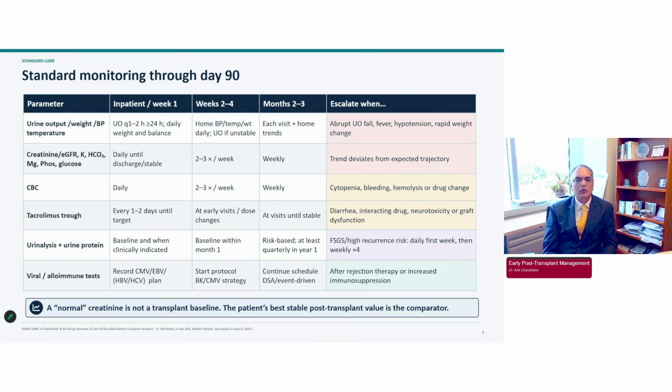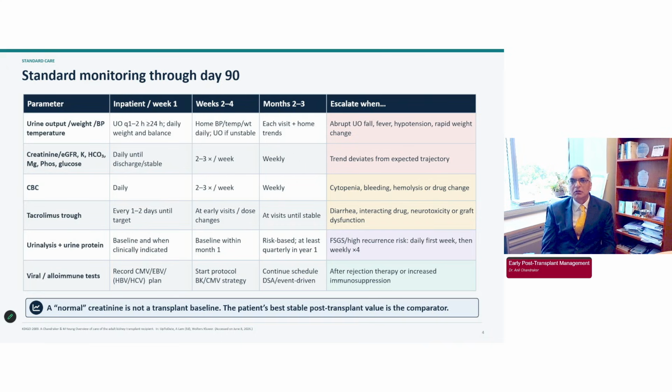The parameters that we would think about are urine output, weight, blood pressure, and the frequency of how often you check them depends on how far out they are from transplant. The important point is that you escalate the investigation of the patient if there's an abrupt urine output fall. When patients get discharged, you tell them that if there's a sudden change in urine output, that is something you need to report back to the center immediately. And obviously with lab testing, electrolytes and creatinine,